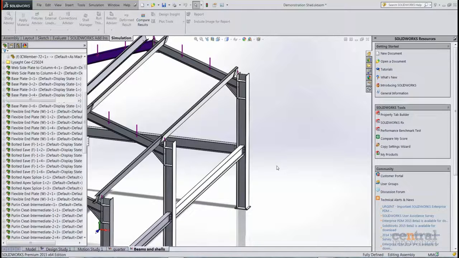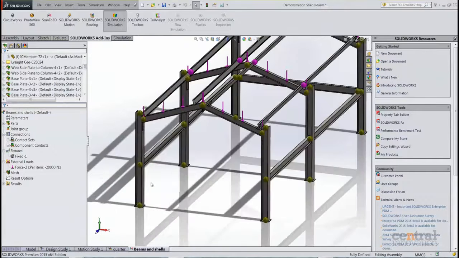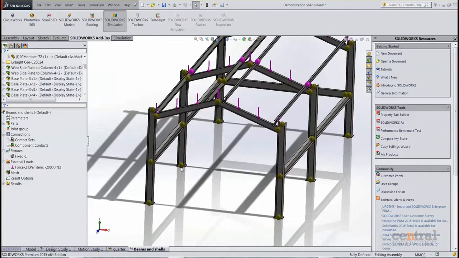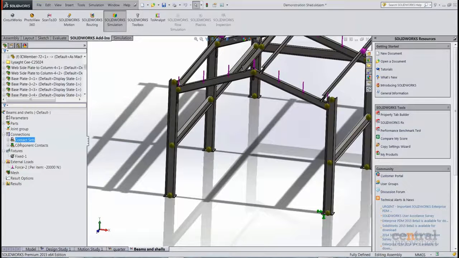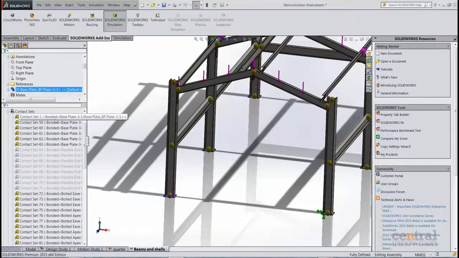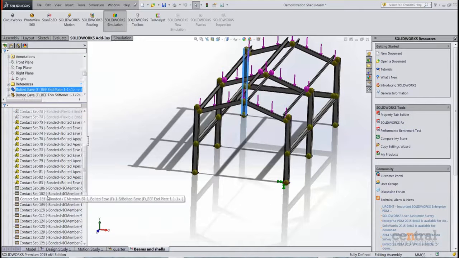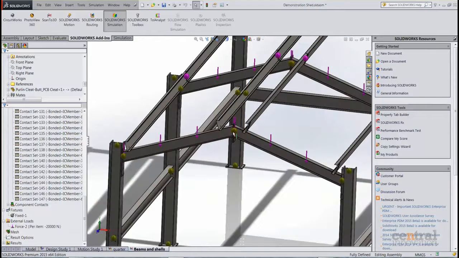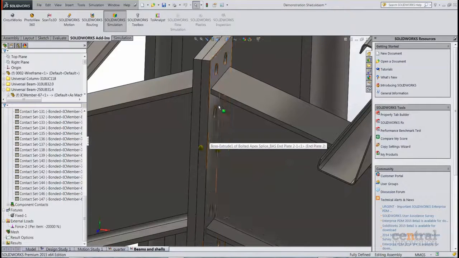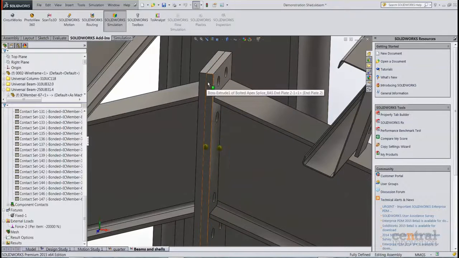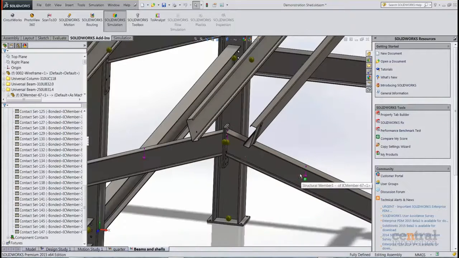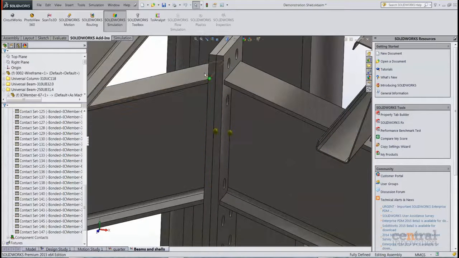Extra care does need to be taken when you're using a mixture of mesh elements such as beams and shells, or beams and solids, or shells and solids. While simulation does enforce as much as it can what's called automatic bonding between the different mesh elements, it's always a good idea to manually force bonded contact sets between the different types of mesh elements as well. So you can see I've got a whole bunch of bonded contacts where my beams meet with my solid. So these plates, for example, can be treated as solid because their thickness is quite thick relative to their overall size,